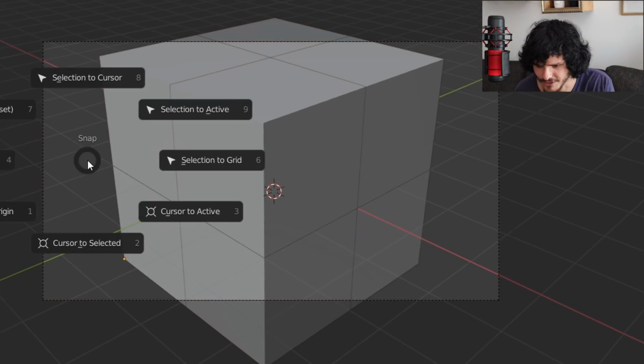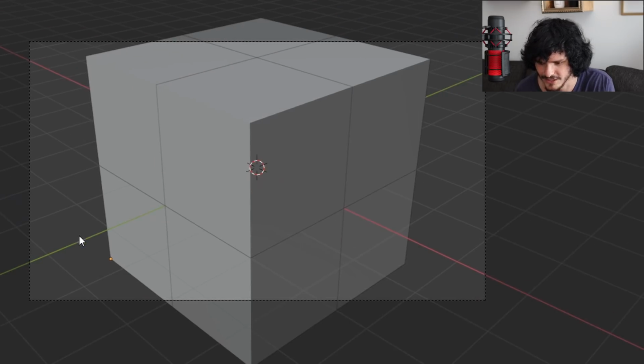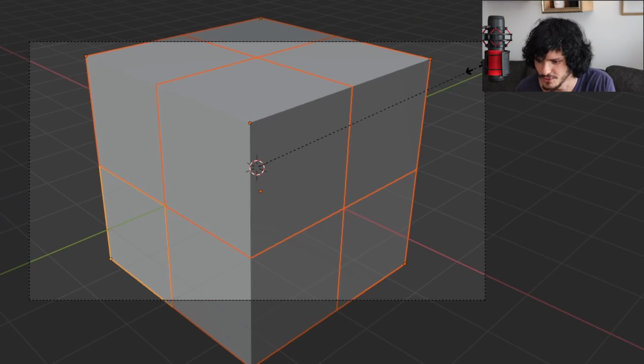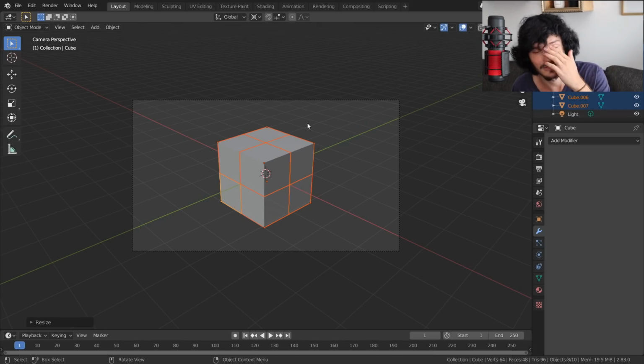So first what I'm going to do is Shift S, cursor to world origin. So now it's in the middle. Select all of your cubes. We're going to scale those down to the 3D cursor by 0.5. So now it's actually taking up the same space as the cube, but the point of moving the origins